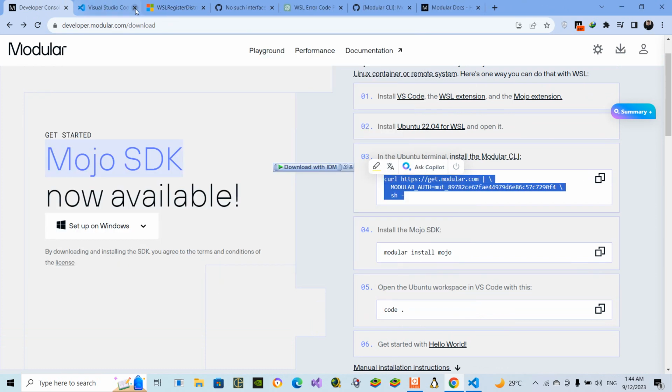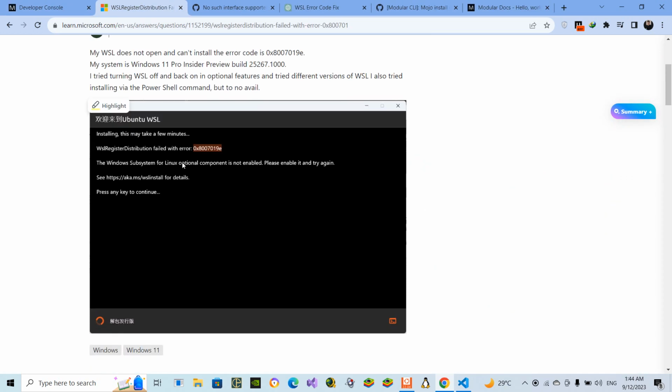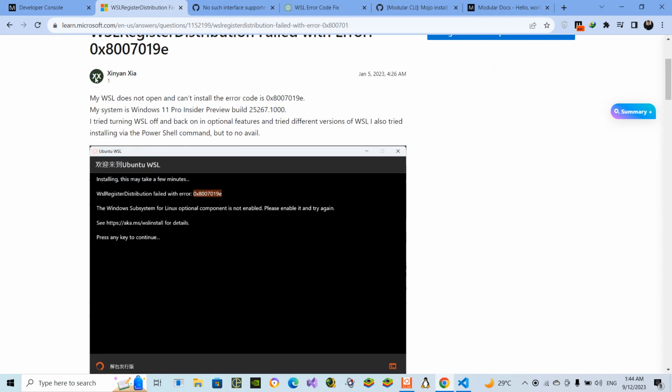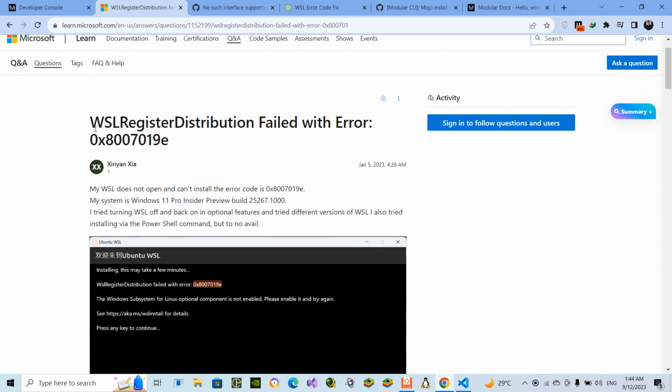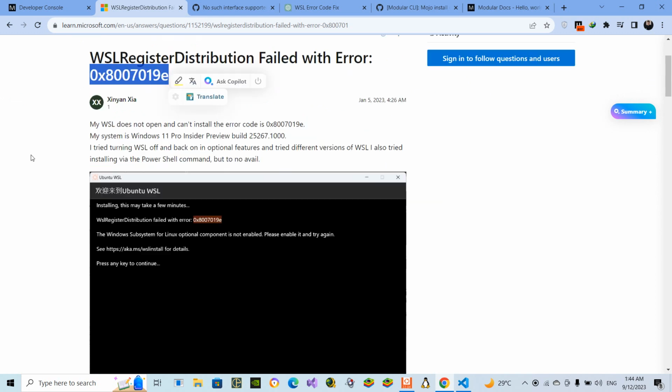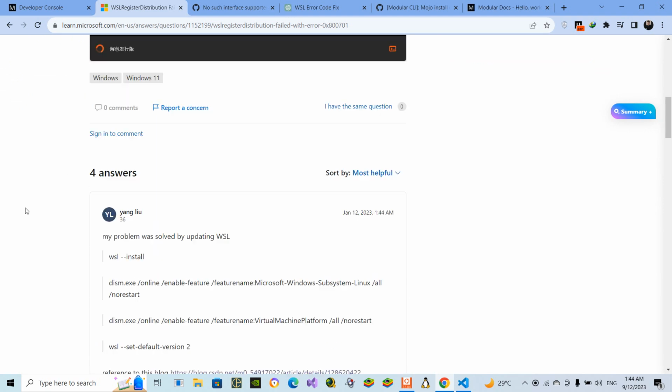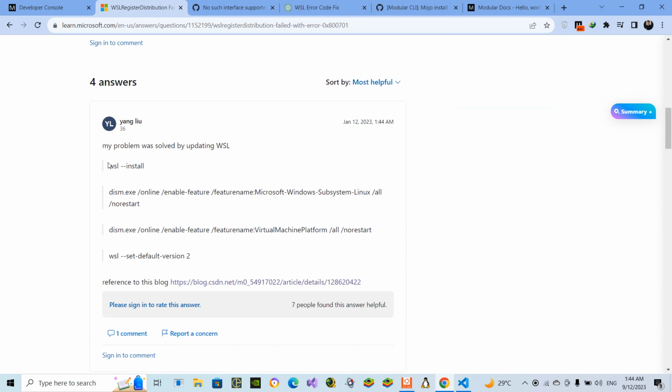The first problem was this error, which was register distribution failed. This was actually exactly the error code I faced. So the solution was to install WSL manually, then run the code again. So I needed to do it in the CMD,